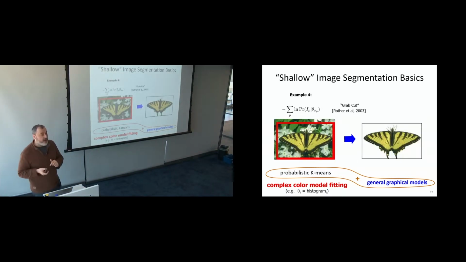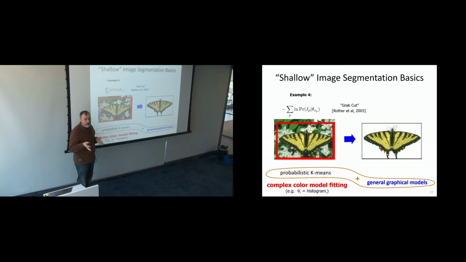Well, in the context of binary segmentation, this idea was popularized in the context of graph cut. So how many people have heard of graph cut? More. It's the same thing. It's a binary version of it, and there's an interface on top of it, because now you're talking just about object and background, and your initial model is described by inside the box and not outside the box. Otherwise, it's exactly region competition from Yuri.